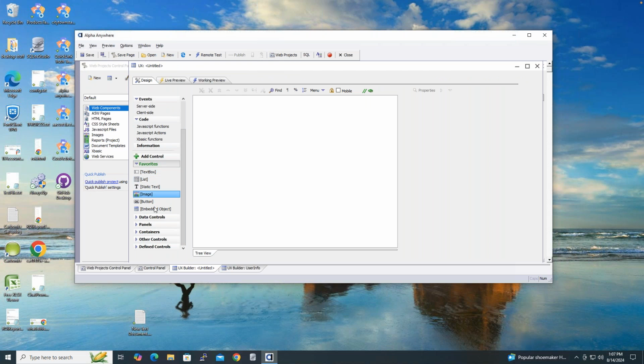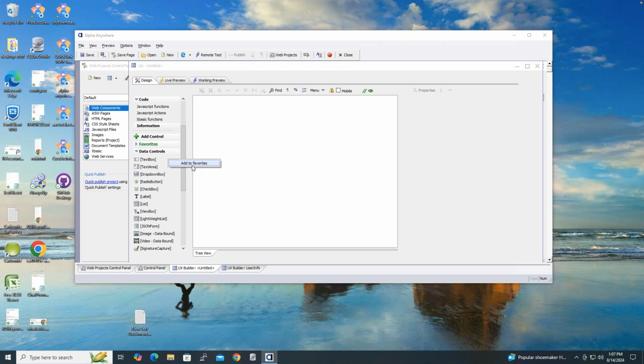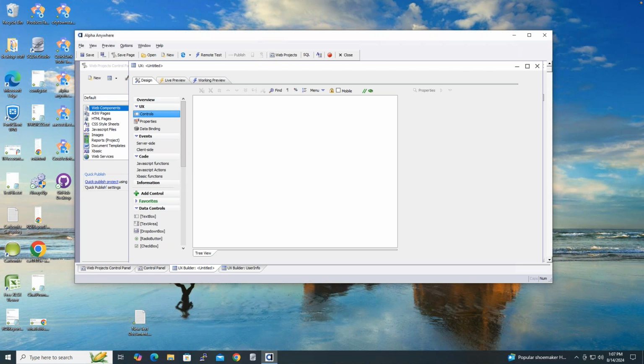Now, I have in my favorites list the fields that I use all the time. But if you didn't have anything in your favorites list, you might want to add some things. One way you could do it is you go down into data controls, find a control you like, the text box. I use that one all the time. And you right click on that and you'd say add to favorites. So what I'm going to do is I'm going to go here to my favorites